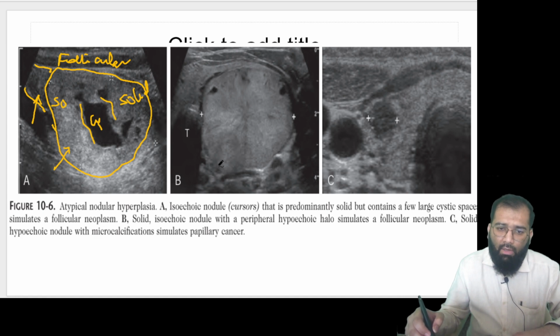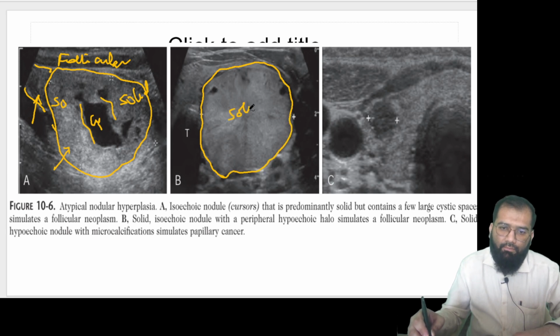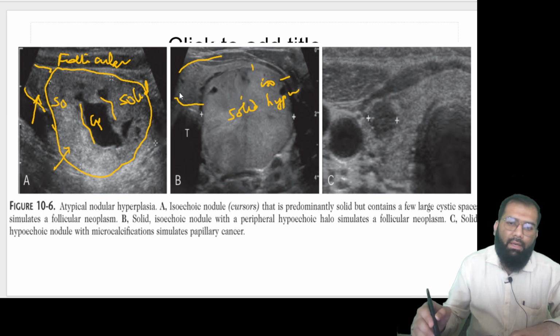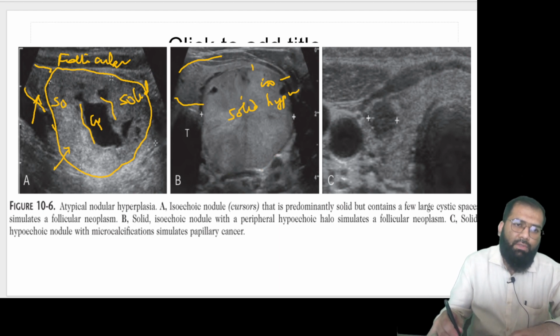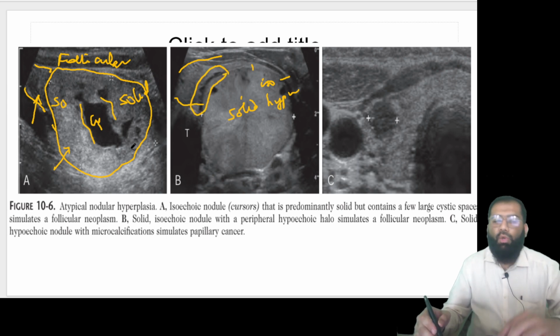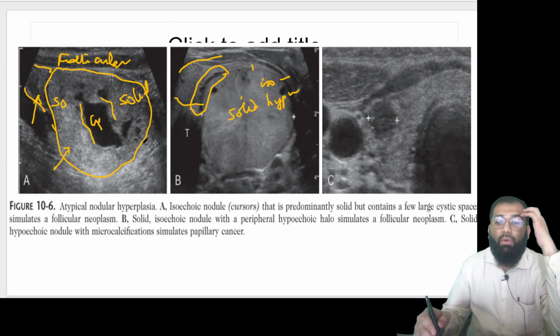Okay. Now again look at the second image. Here you are able to see a well-defined solid nodule. If you compare it with the main thyroid gland, this is iso to hyperechoic, and we have a peripheral halo. I will show you what peripheral halo means. Are you able to see this hypoechoic area surrounding the nodule? This is called a surrounding hypoechoic halo. So again, this turned out to be benign,